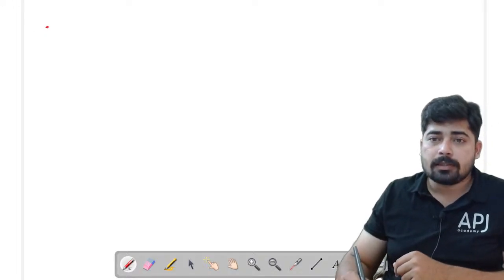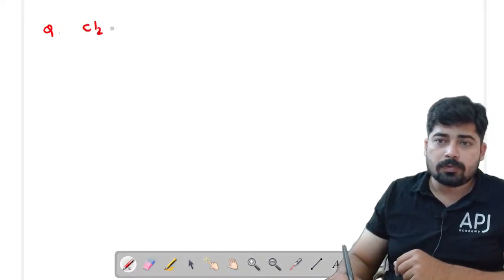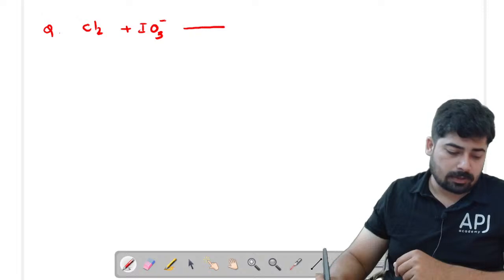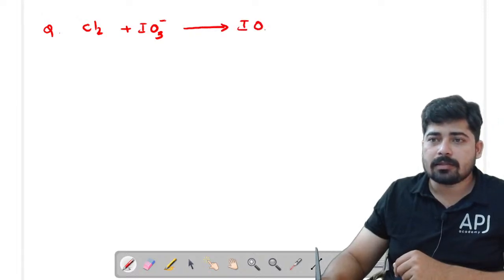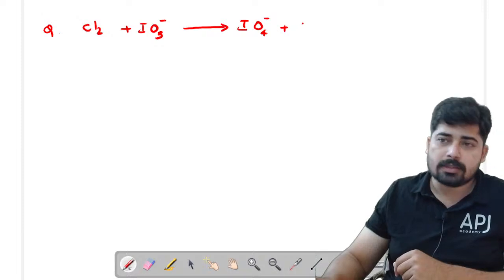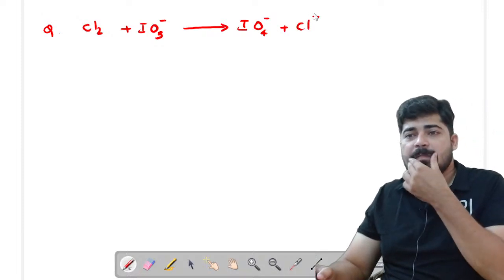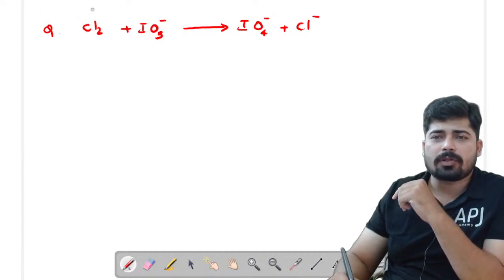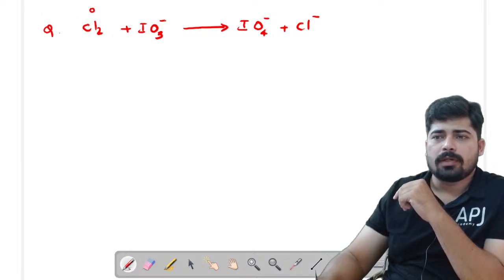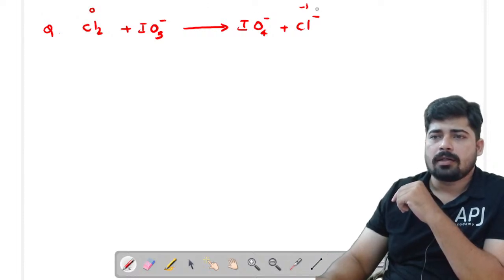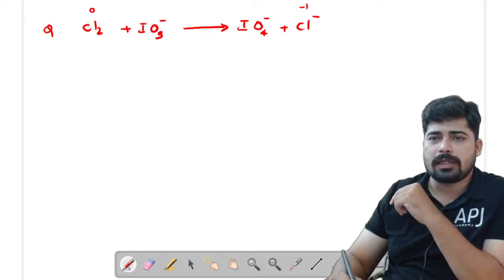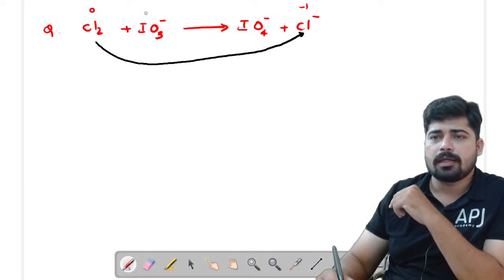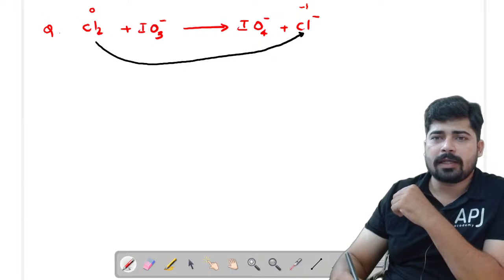The first question: Cl2 plus IO3 minus giving IO4 minus plus Cl minus. First of all, you have to assign the oxidation numbers. The first one, Cl2, is 0. Here the oxidation number is -1. So we got the reduction reaction; Cl2 is undergoing reduction here. Now for IO3 minus and IO4 minus,